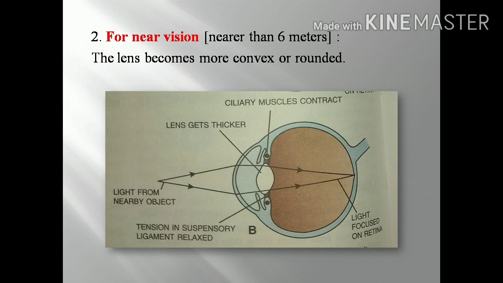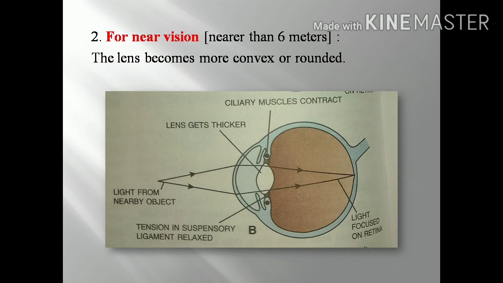Because the relaxation of the suspensory ligament takes place, there is no tension in the lens also. So the lens will become thick as well as more convex, and the ciliary muscles contract. In the normal condition, the lens remains stretched by the suspensory ligaments and it is less convex, suited for viewing